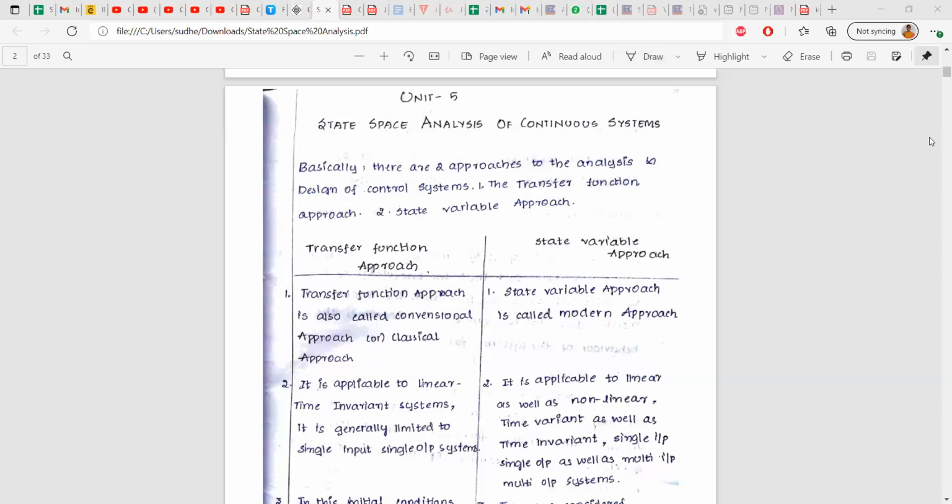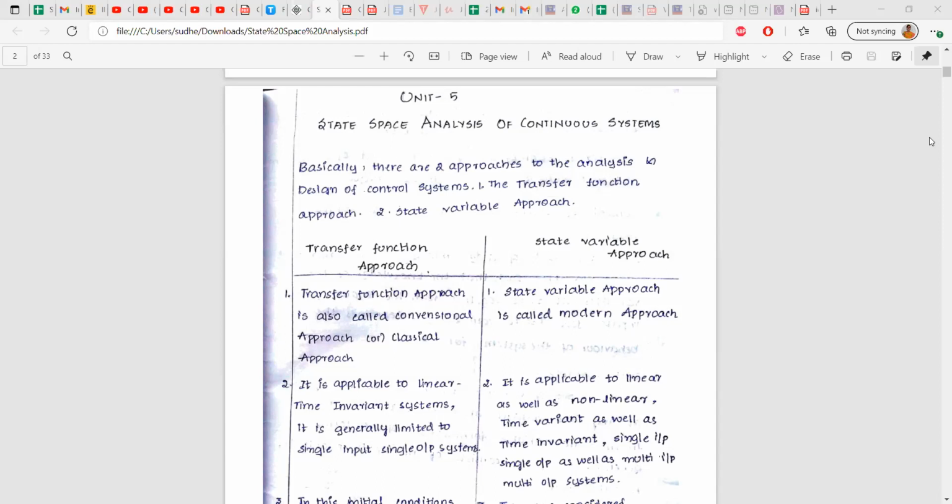In order to design the control system, we have two approaches actually. One is the transfer function and the other is the state variable approach. Till now, we started from the initial definition of transfer function, and up to yesterday's class, we calculated transfer function. We analyzed the system stability using the transfer function, that is open loop transfer function or closed loop transfer function. Anything that we used, we designed the system based on the transfer function approach. But this is different when compared to the transfer function approach.